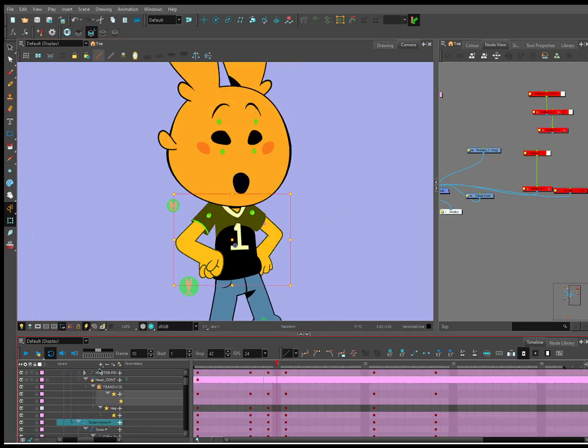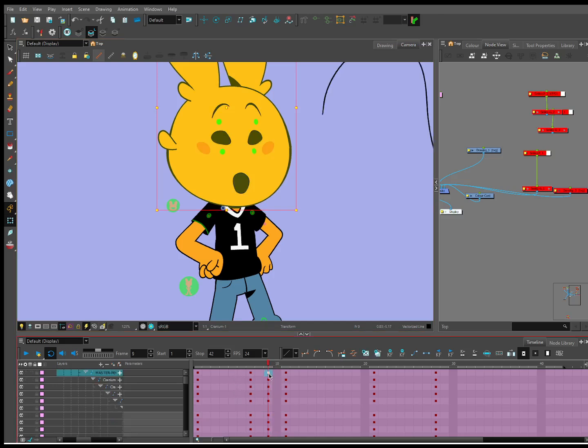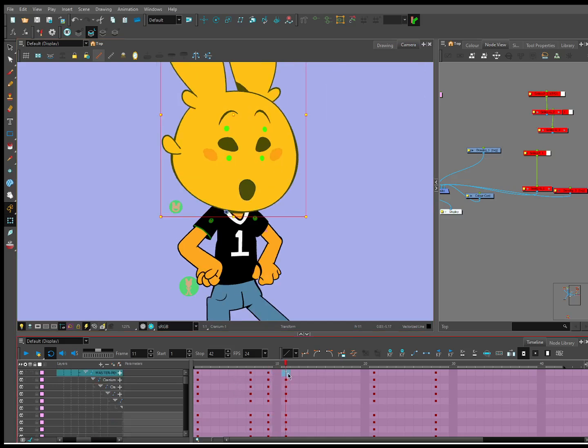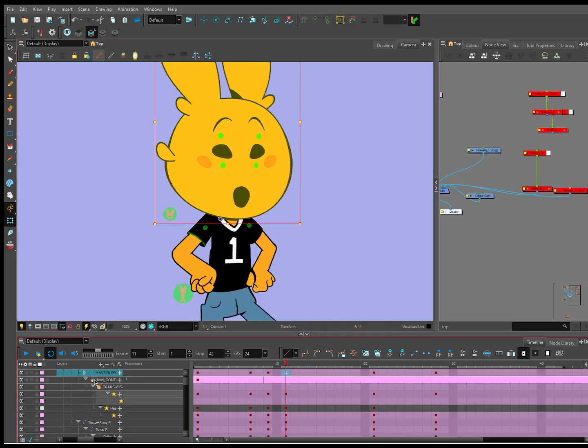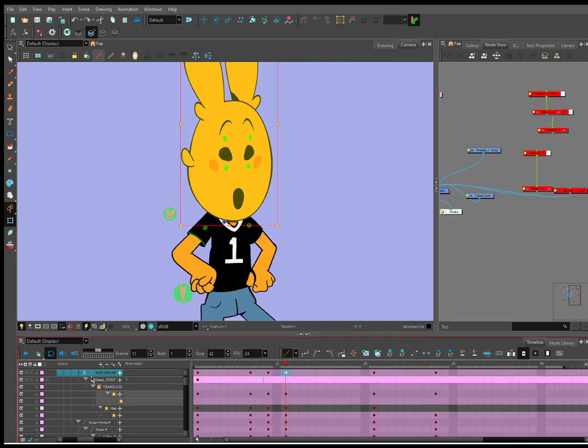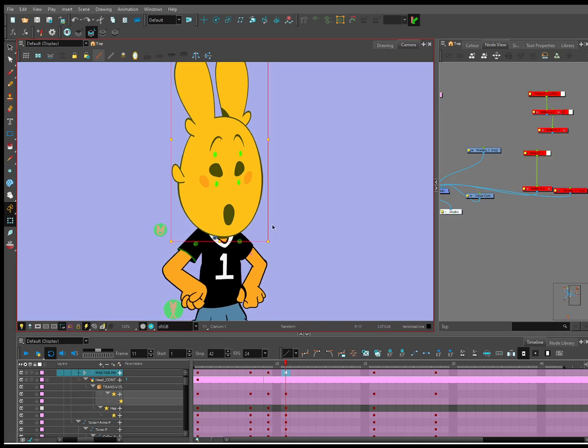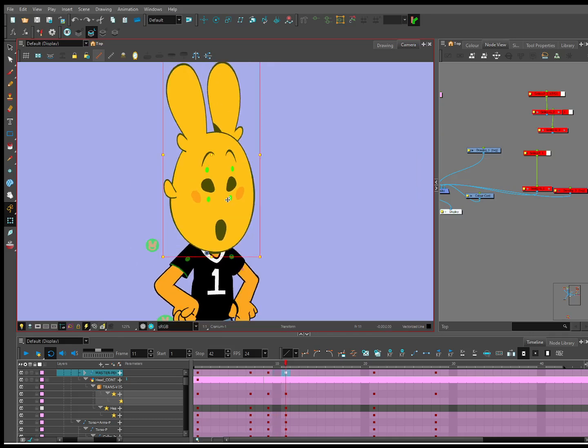So let's do a quick cleanup of this friend's pose. Oh, I should reiterate what I did, to remind everybody. What's happening is his head is flipping.